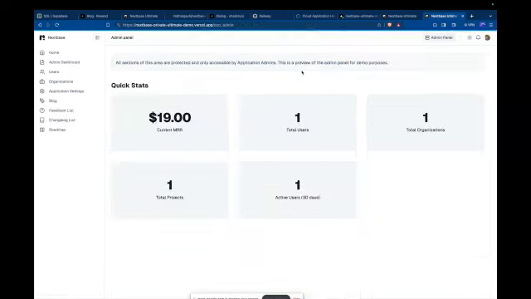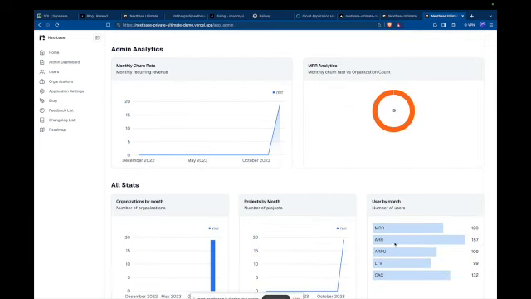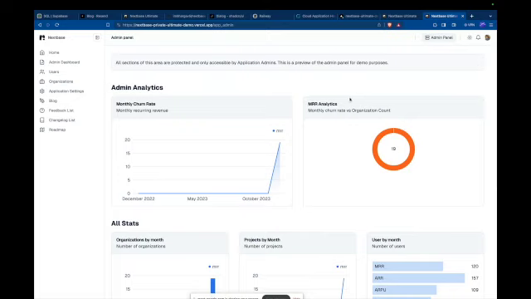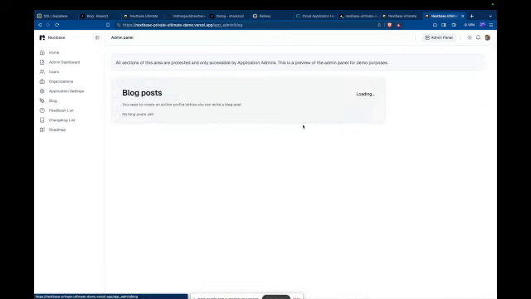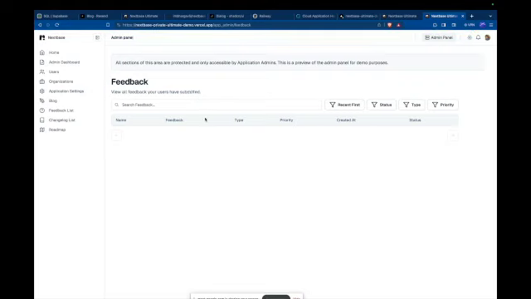If I head over to the screen, I'm just pulling some data from Stripe. There is only one user, MRR 17. These charts take a while to load, and some of the styling is a bit off, but we'll fix that. And here is the blog section. Also, all users will be able to give feedback, which you will be able to view from the feedback section over here. There's no feedback at this point, but let us say